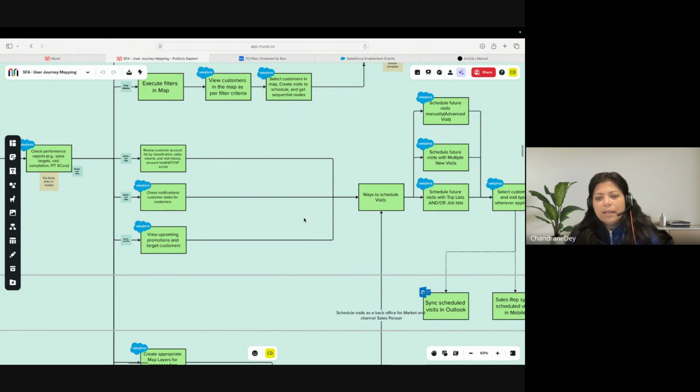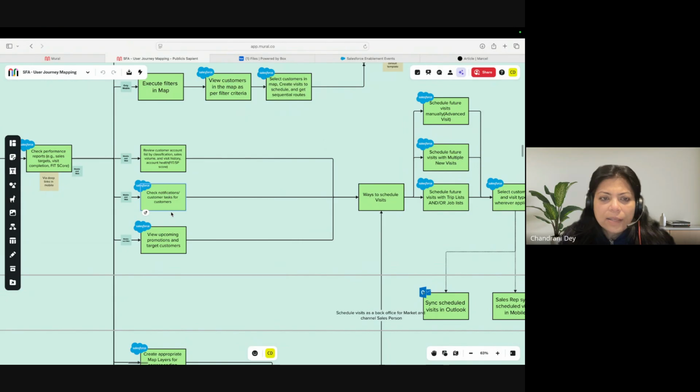Say I am a sales rep and I have to visit two stores today, but in between I find that one store is closed today, and instead I can visit another one. So the visit might not be planned from before. There may not be any record from before created in the application. So the sales reps are enabled to create visits then and there, which have to be executed immediately, like on the same day.